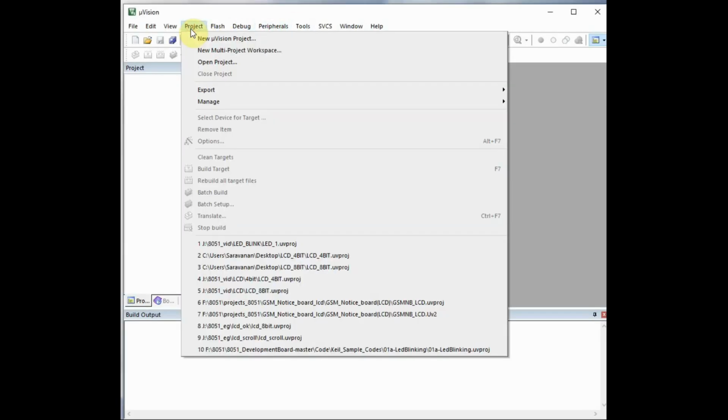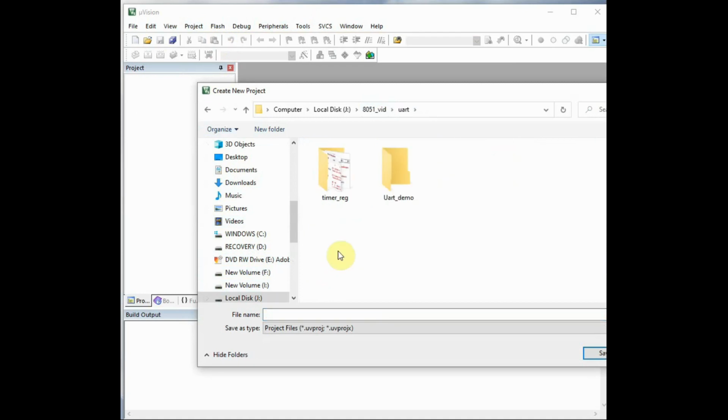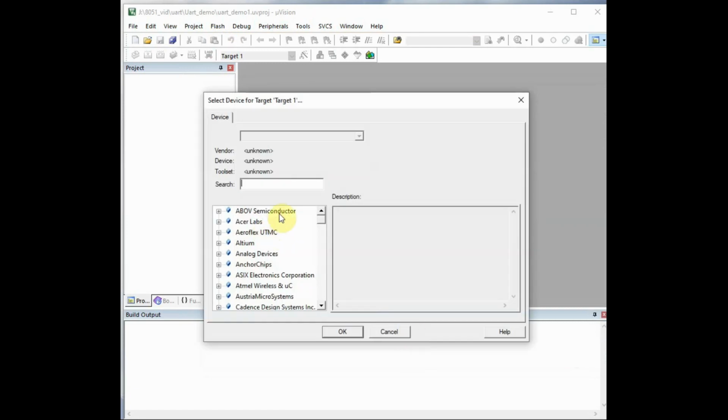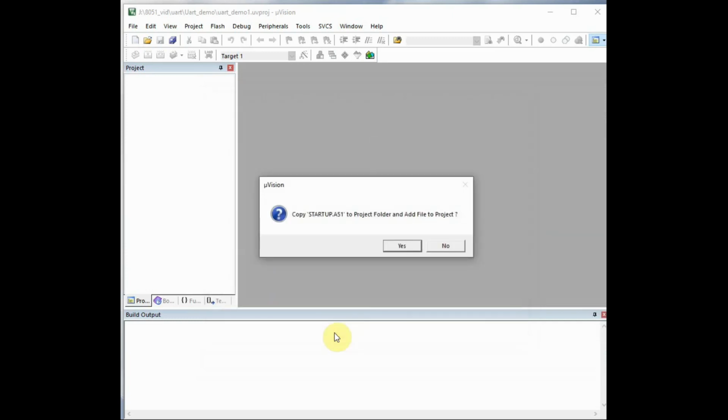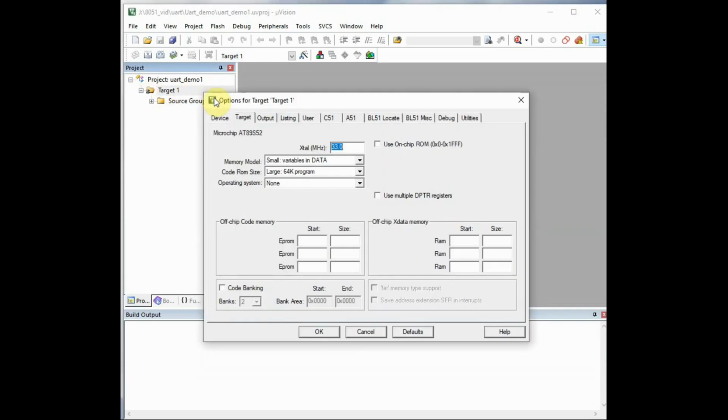Now let us start with a new project after creating a folder for UART testing. Inside this folder, let us save the project and then select the IC 89S52, and then in the project window the project is created. Right click target, settings for the target, options for the target, change the crystal value to 11.0592,